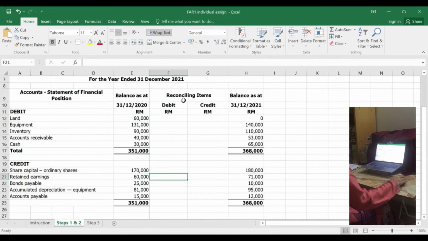If an asset increased in amount, then we will be debiting the account. However, if the asset account decreased, then we will be crediting the account. As for liabilities and equities account, we will credit the account if it's increased in amount and debiting the account if it's decreased. For the land account, the beginning balance is 60,000, however the ending balance is 0, which means that this asset account has decreased in amount, so we'll be crediting the account of